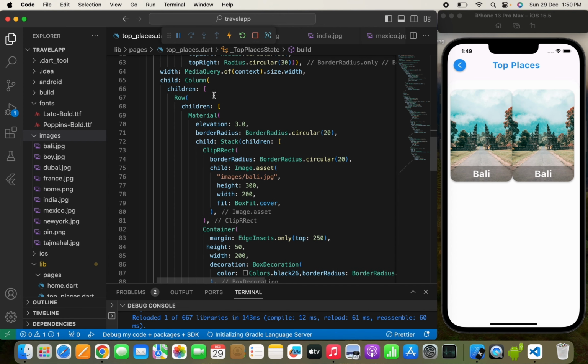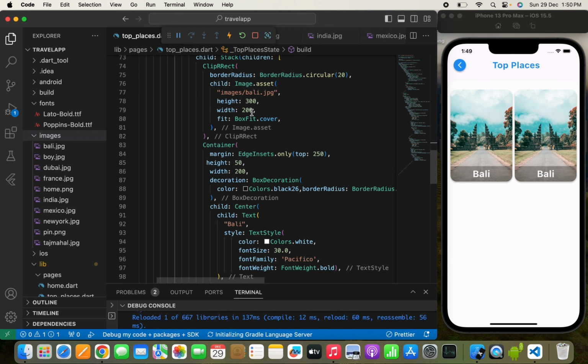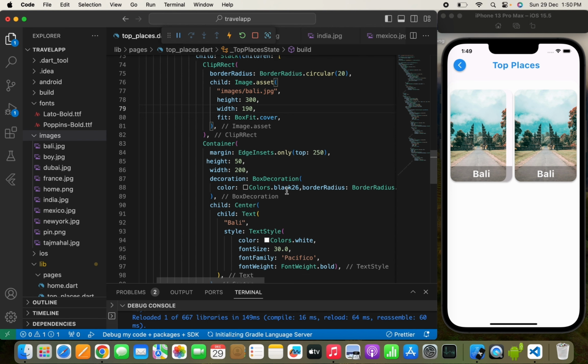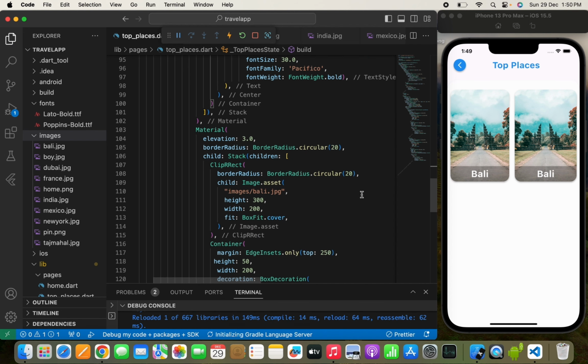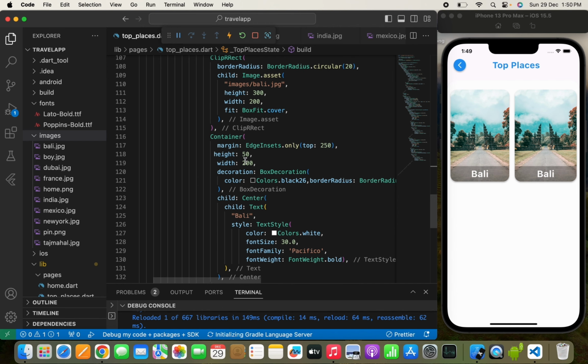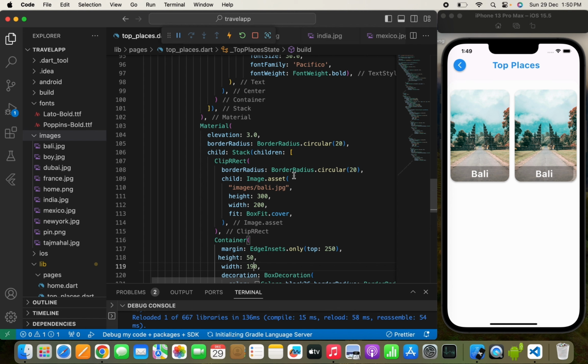Now we can use MainAxisAlignment.spaceBetween. Yeah, or if you want, you can decrease the width, like up to 180, or let's keep 190, and we can pass the same 190 over here. Yeah, something like this. You can do this to provide enough space. It's up to your choice, how you want to design this. Yeah, so here we can see enough space